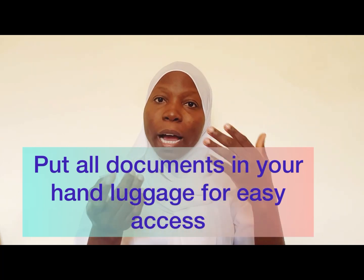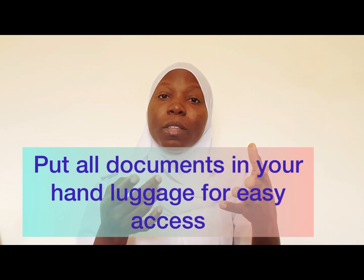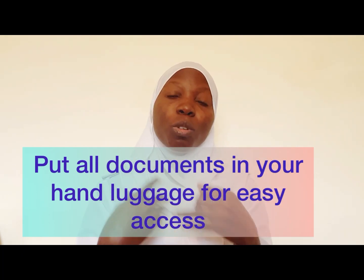Then in your hand luggage, other things you can put to make it weigh that 8 kg, after your documents, you want to put some of your clothing, so that you can put food stores in the bag that they are going to check in. So now, packing, I'm going to talk about the